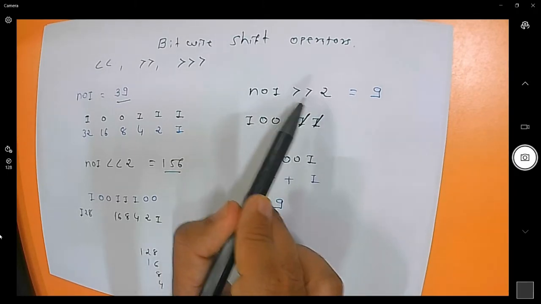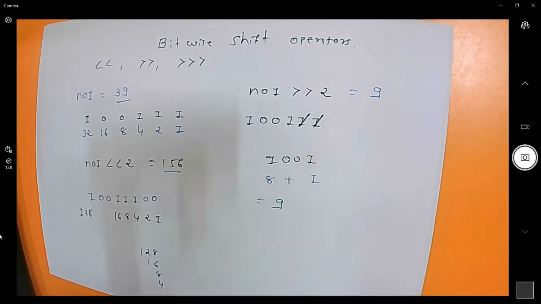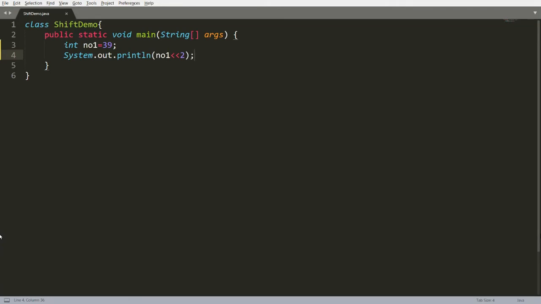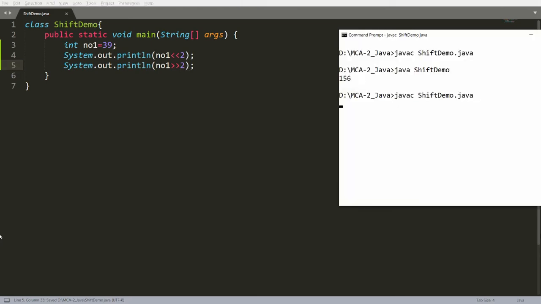And if you are doing shift right 2, then the result will be 9. Let me show the same thing practically. Here you can just write number1 shift right 2. If it is a shift right 2, then the result will be 9. So here you can check the shift right 2 is 9 and shift left is 156.